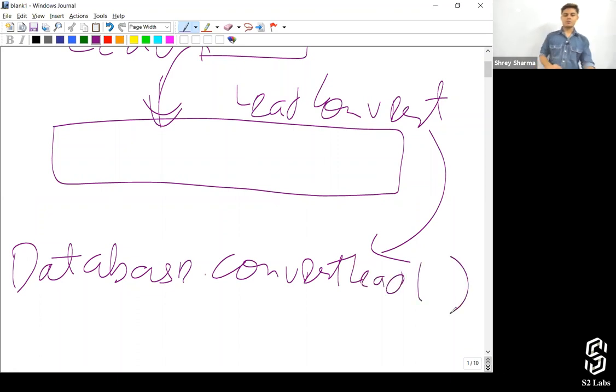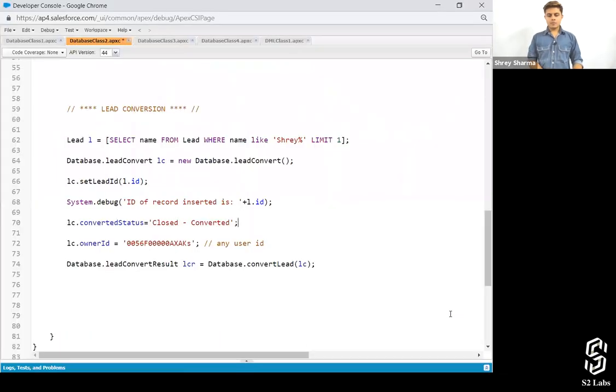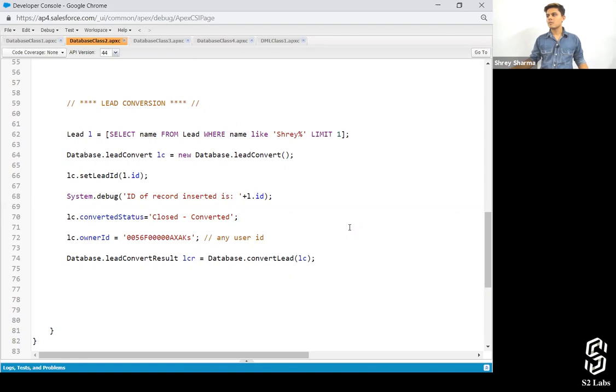That's all you have to do. That's it. Meanwhile, we are setting the values over here, converted status and owner ID and so on. Hope that makes sense. It is mandatory to write converted status as well as owner ID. That's the reason I've written it down.